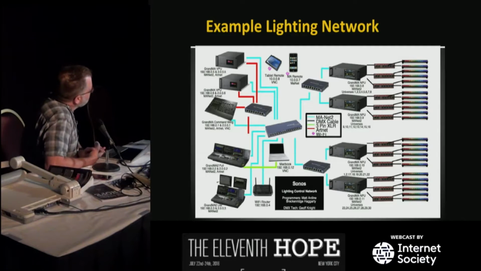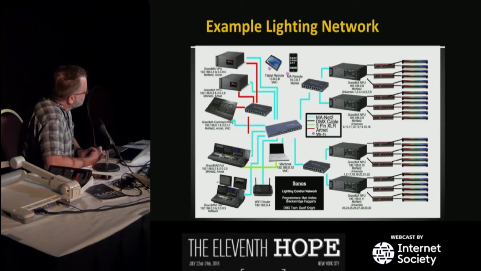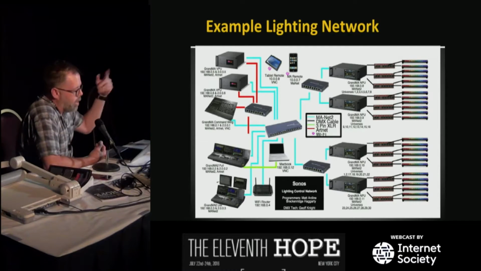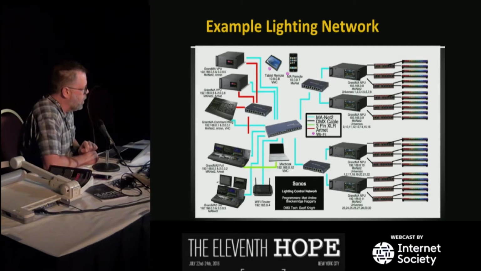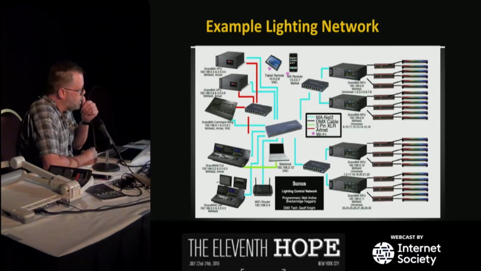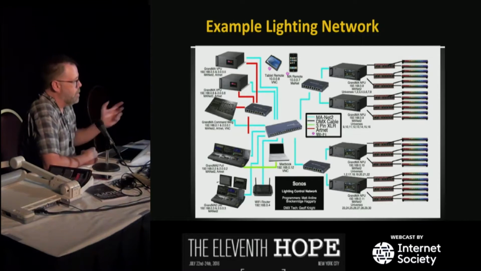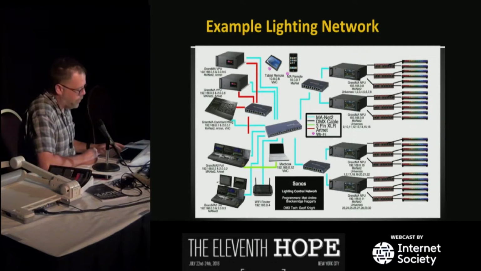You'll see things like this, which I found on the internet. This is a lighting system based on Grand MA, which is one of two very popular systems, at least in New York: Grand MA and ETC, which is what you'll see around here. ETC is a little more theatrical oriented. Grand MA comes more from the concert and event market. That's a relatively complicated network just for lighting control data, but that really is the backbone of everything we do now in a lighting system. You're going to see a bunch of diagrams that basically all look the same, because it's the way you would do it now. It's very straightforward.